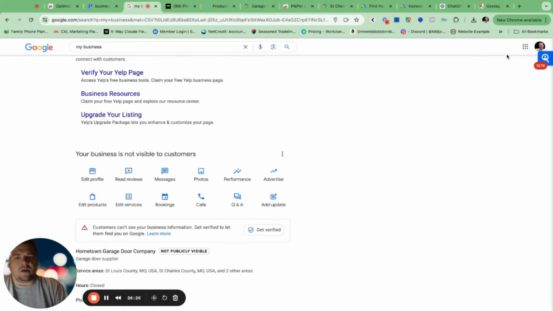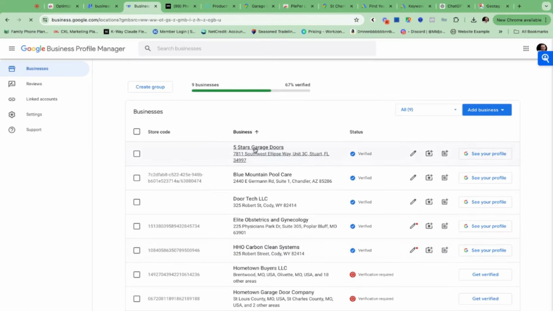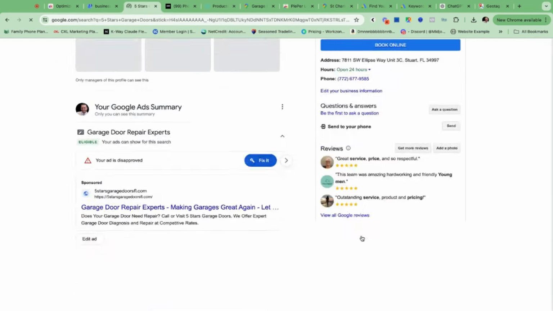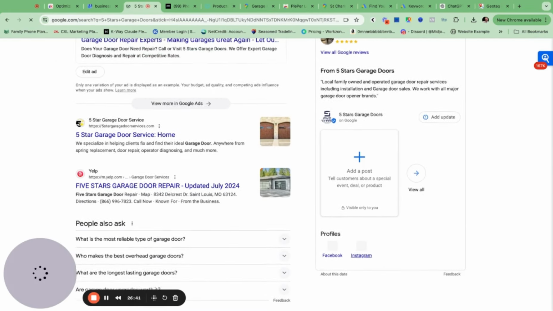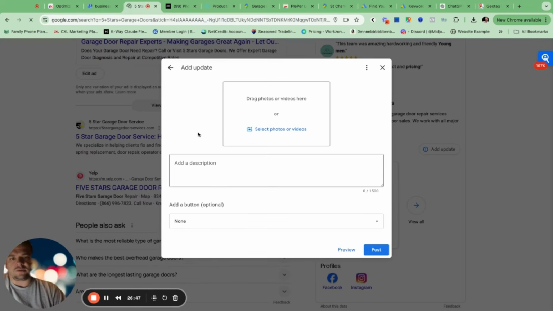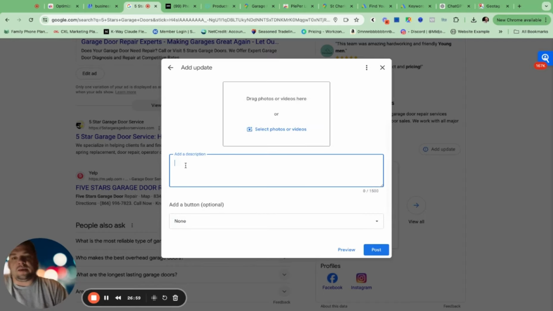So let me go into a different one here, and we'll show you what an update looks like real quick. So as you can see, down here is where you can come as well. You can click add post and then be able to post to this profile. So you can add a photo and then add a little description. And then if you want to direct that to a landing page on your website. So let's say that this is about